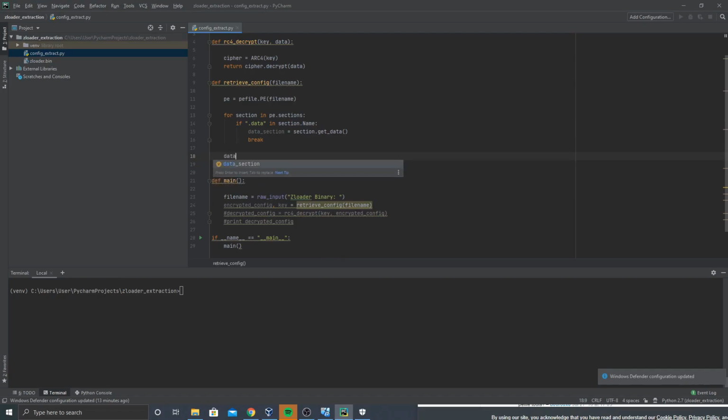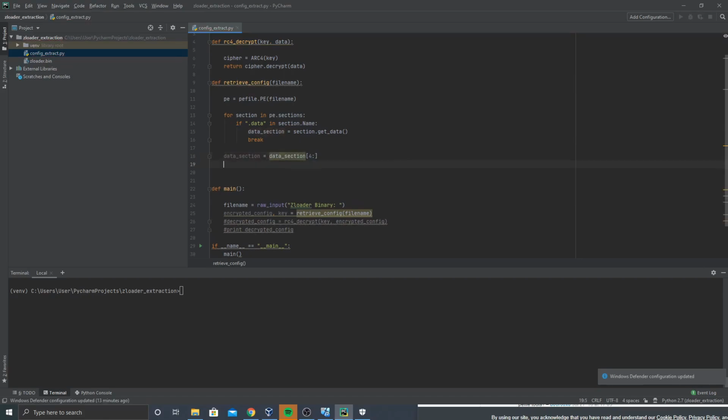So we don't need the first few bytes. So data section equals data section, skip the first 4 bytes. Now we have the full data section. So if we print data section and only print the first 780 bytes, which is the config plus, I believe, the 20-byte string, this should print out everything that we need, essentially. So let's run it once more,